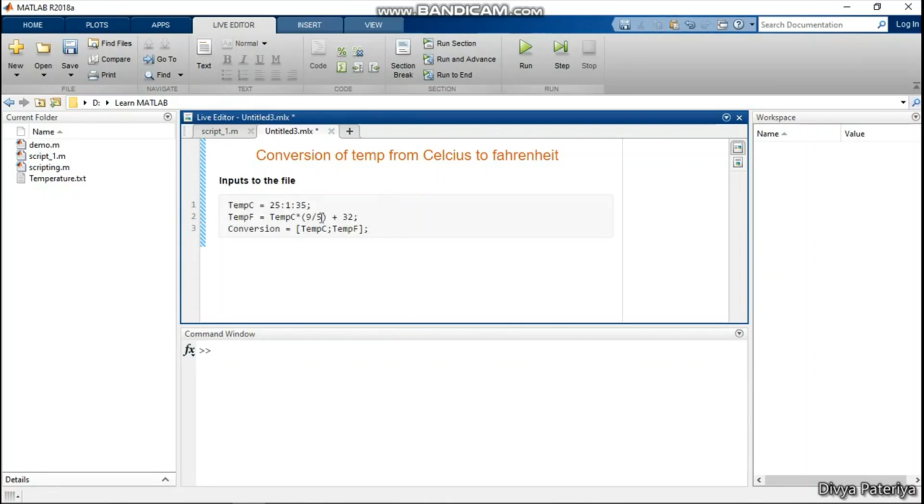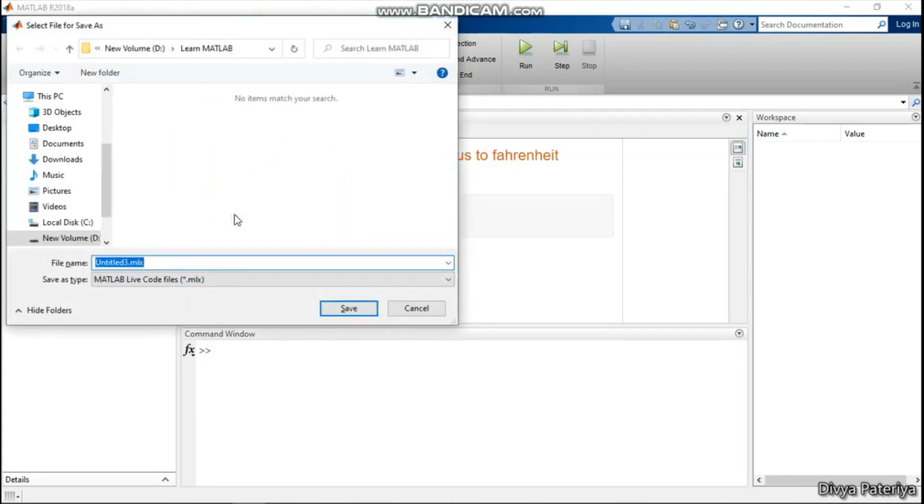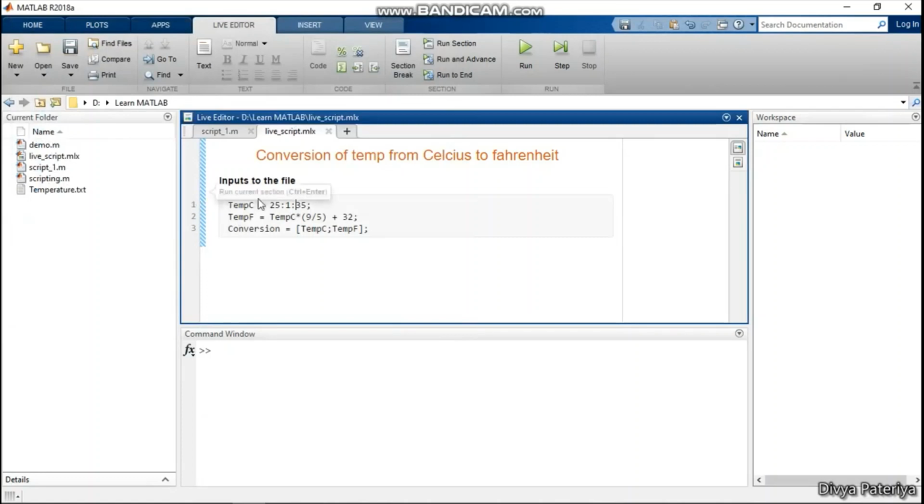Now we can notice one thing: as I had selected the Code button, from now on MATLAB is assigning a number to every single line. These numbers that we can see are the lines that MATLAB is going to run. So now we have given a title, we have given a header, and we have also written the code inside. Till now, we will first save it with Control S, and then save it as a live script. So I have saved it.